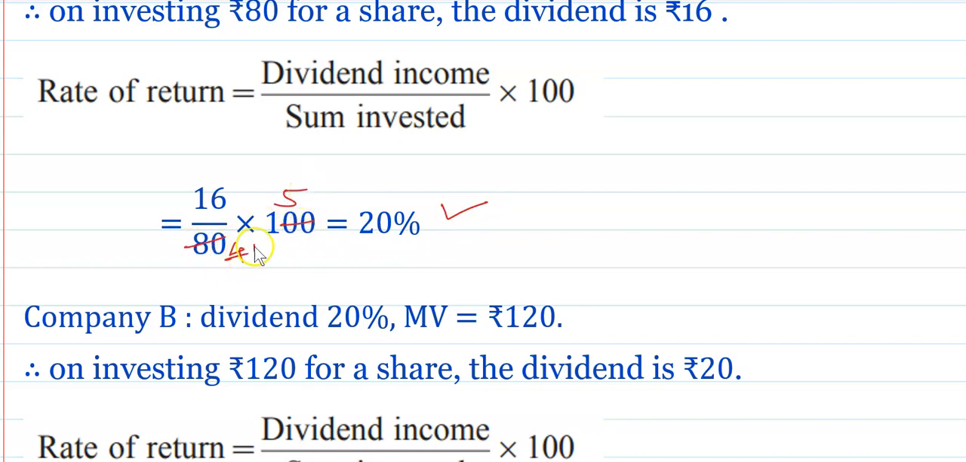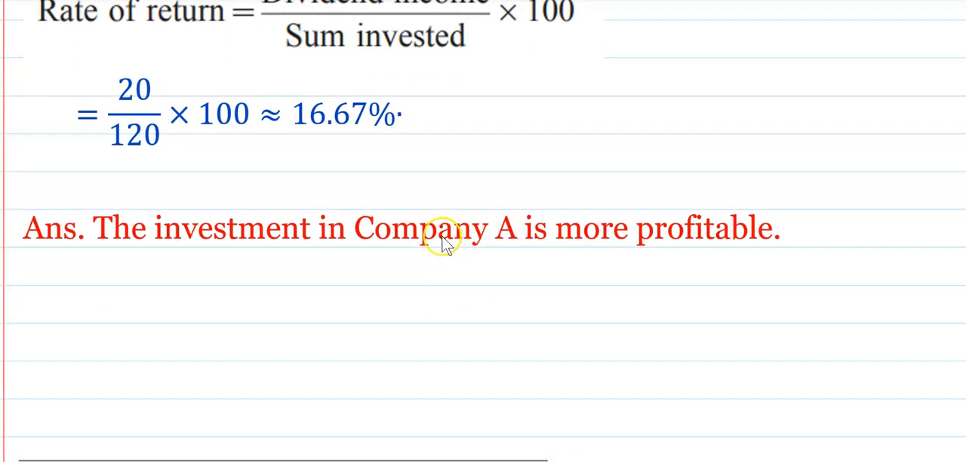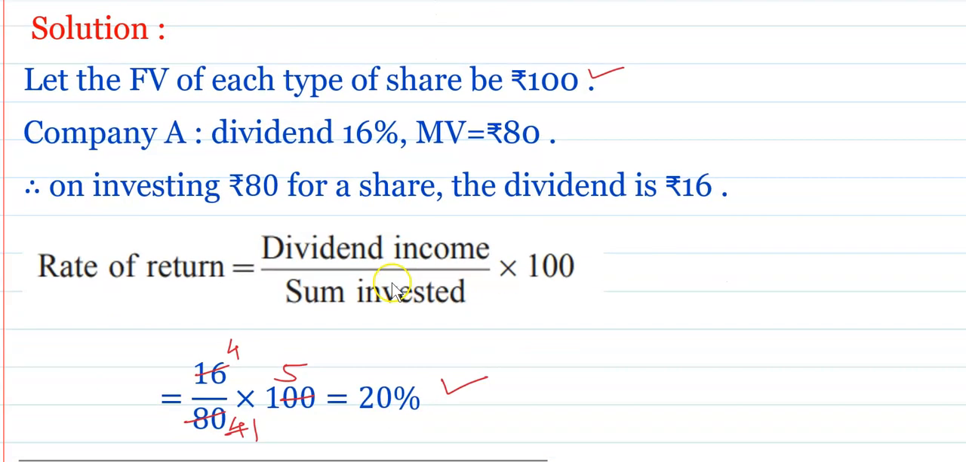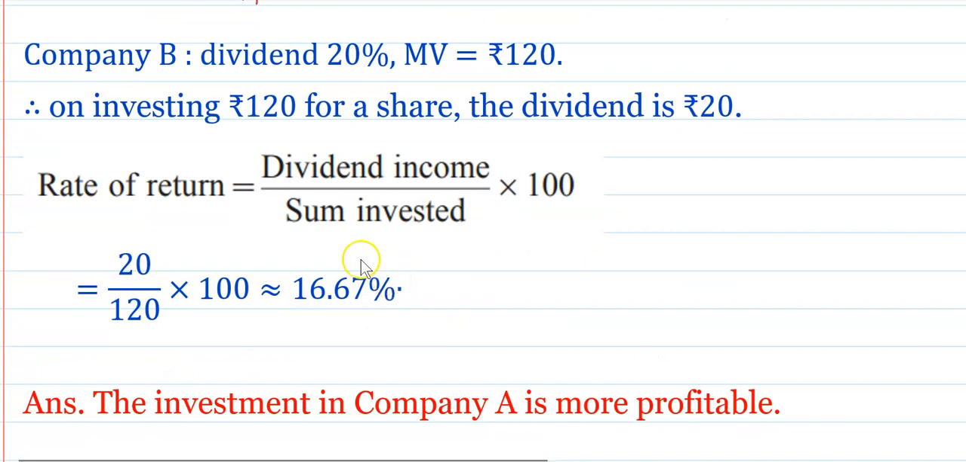Here, 5 ones are 5 and 4 fours are 16. 4 into 5 you will get 20% for company A. And next for the other company, that is company B, 20% dividend. Therefore, on investing rupees 120 for a share, the dividend is rupees 20. Rate of return is equal to dividend income upon sum invested into 100, 20 upon 120. And again after simplification, 2 ones are 2 and 2 sixes are 12. Next, 100 upon 6,